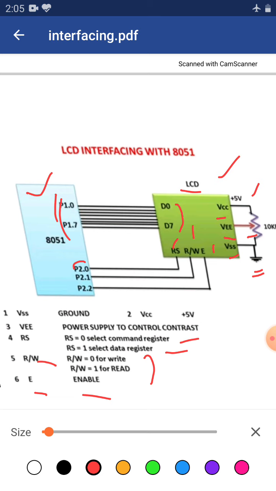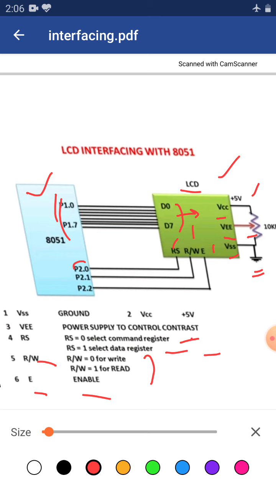So with the help of these 8 data lines, data can be sent or received. When RS is 1, it will work as the data register and send or receive data.